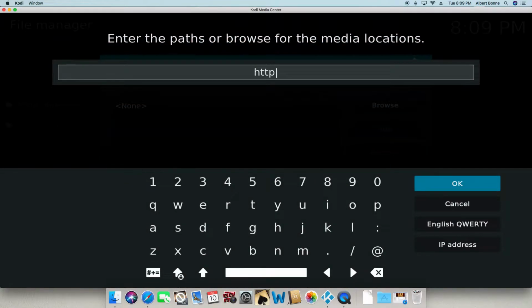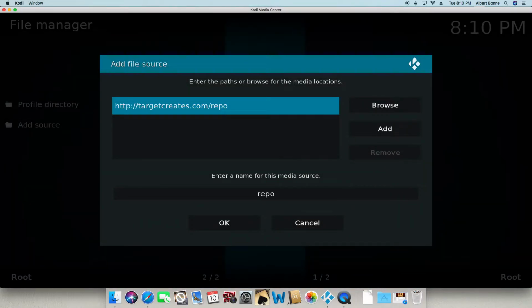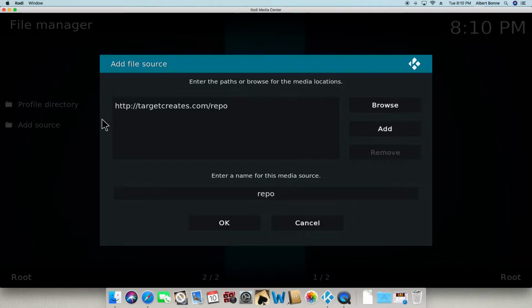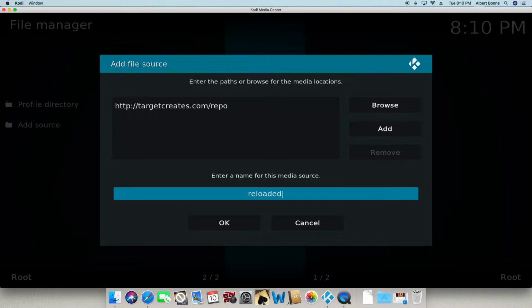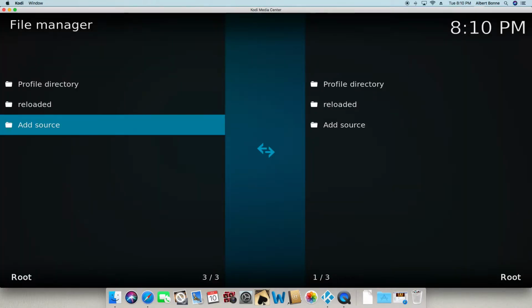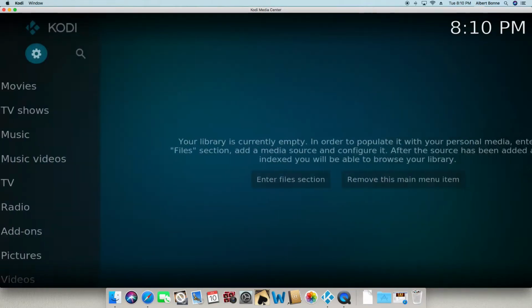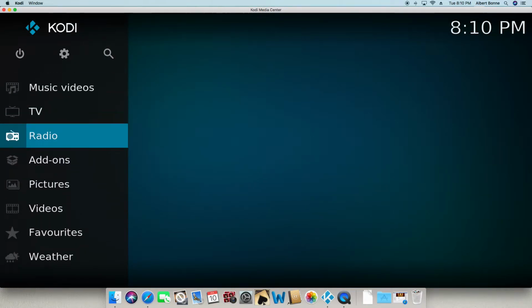And you're going to go to http://targetcreates.com/repo. Click OK. And then you're going to go ahead and change this to whatever you would like it to be called. Click OK. Now you're going to go back, click back, go down to add-ons,